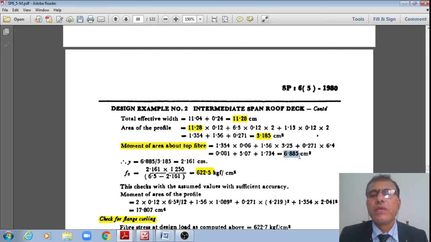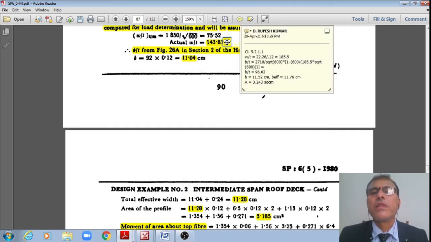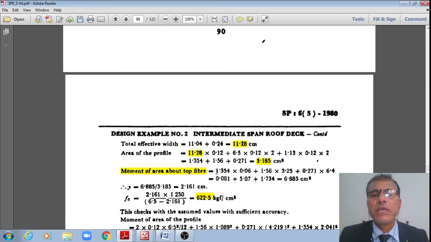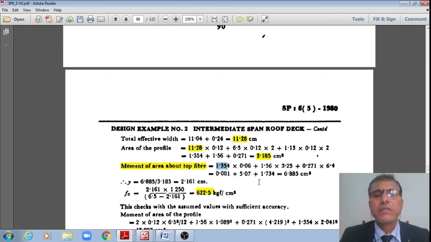Therefore, it now works out to say 6.885, right? However, there is a small change in this value, student, right? There is a small change in this value, because this area, just now it worked out, that worked out 3.242. However, that change is very small. Therefore, actually I have not modified here this numeric value, right? This is not exactly 1.354. It is just a different value, right? But nevertheless, the values are here and there the same, right?